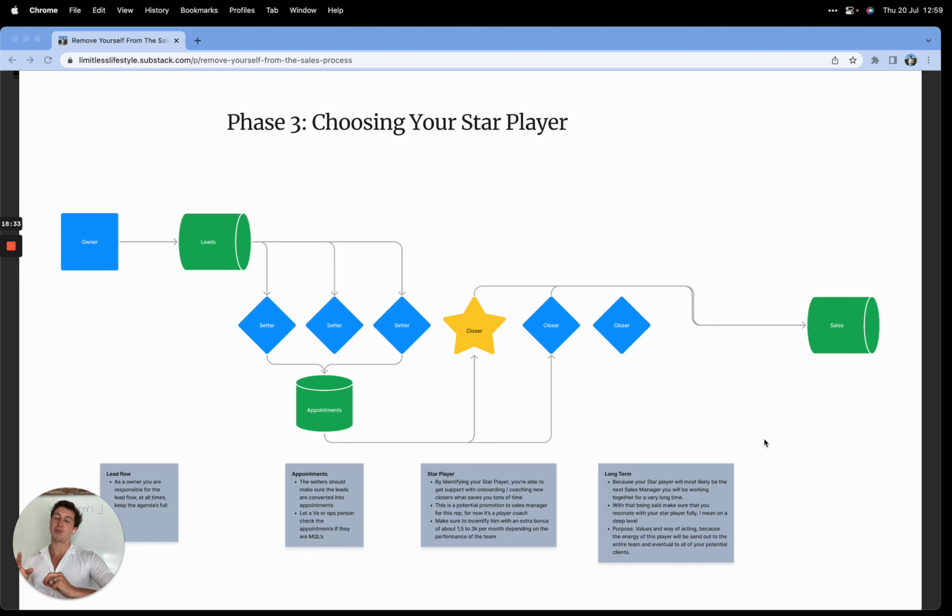But he will support you in ramping up the other sales reps. So I would recommend giving him a small base, like 1.5 to 3k per month, just so he feels like it's worth it to get this position, and most likely you frame it towards him being a future sales manager. So if you're choosing the right sales rep, it's so important to choose this person for the long term, because